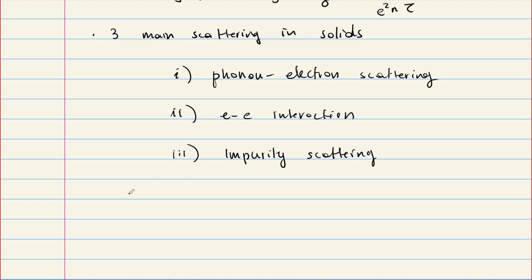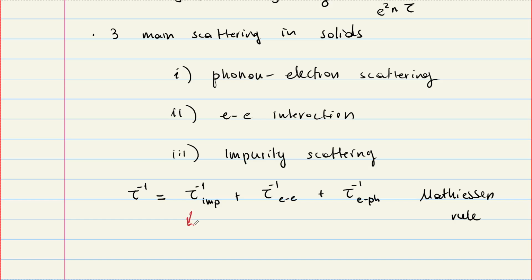So then the scattering rate, tau to the minus 1, is going to be tau to the minus 1 for impurity scattering plus tau to the minus 1 for electron-electron interaction plus tau to the minus 1 for electron-phonon interaction. And this is the so-called Matthiessen's rule. This is an approximation, but empirically it is very, very good. If you look at the results from experiments, somehow this works.